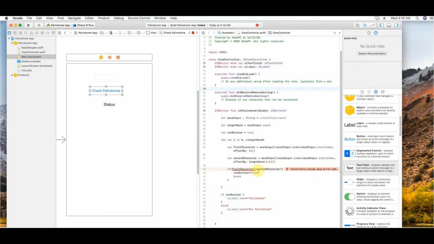Cannot force unwrap. Oh, of course, I think I made another mistake. I should have given some space, because this exclamation mark would otherwise make it a forced unwrap. Okay, so now I think this code should be fine, and I will try to simulate it.